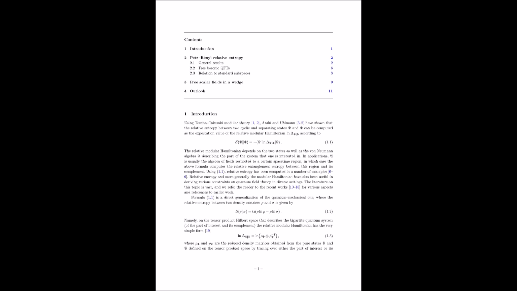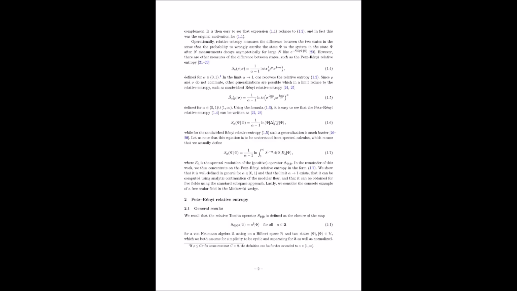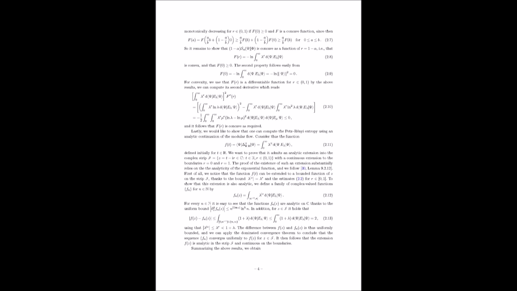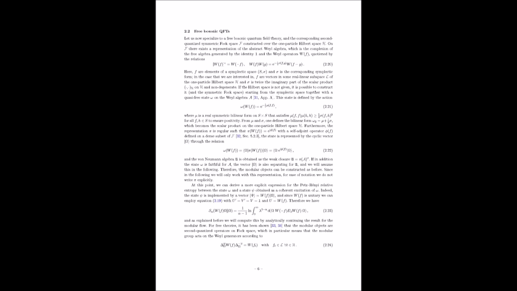They highlight that the relative Tomita operator is used to define two other crucial objects, the relative modular conjugation and the relative modular operator Δ. And they remind us that the relative modular operator is defined in terms of the relative Tomita operator. Then they start proving several properties of the Petz-Rényi relative entropy, which, as you recall, is defined as the logarithm of a particular spectral integral involving the relative modular operator. Yes. The first thing they tackle is showing that the Petz-Rényi relative entropy, as defined in their paper, is well defined for a range of values of a parameter alpha.